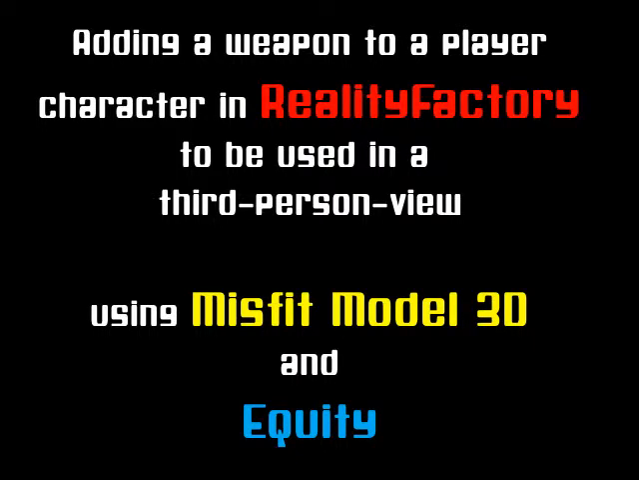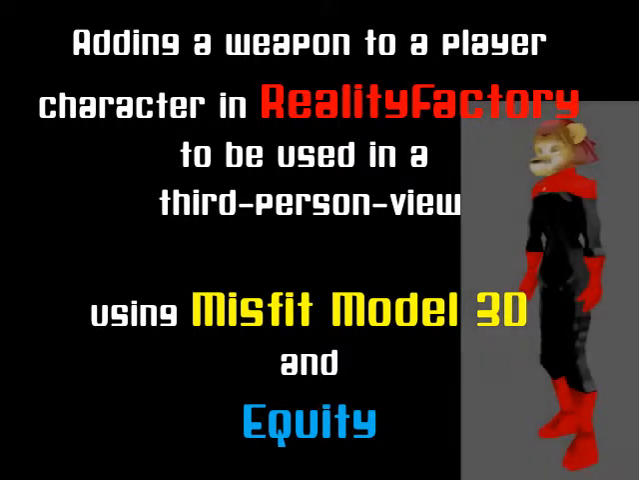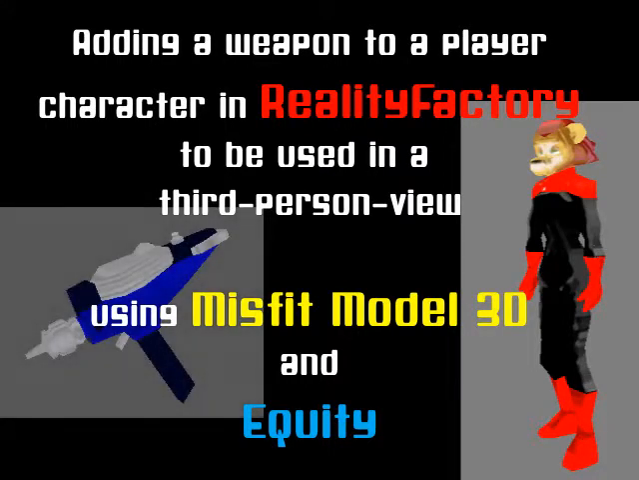Hi, I am learning to make 3D games using the RealityFactory editor. This time I am trying to give my player character a weapon, and the player actor and the weapon is going to be seen from a third-person view. I have come to learn that this is a little bit special,